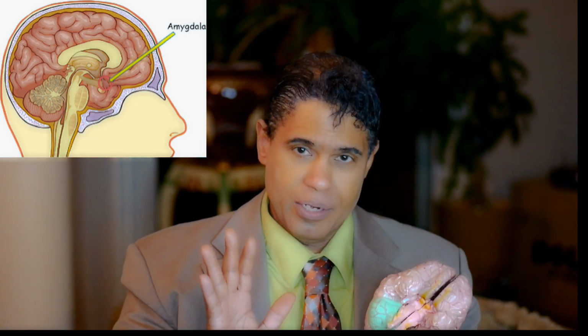Now, that's a ridiculous oversimplification, it's true. But the amygdala is the repository for emotion. It is the capital of the emotional brain. And the amygdala, the emotional brain or the limbic brain, has its own nuclear reactor. What do I mean? Is it radioactive? No. What I mean is this.